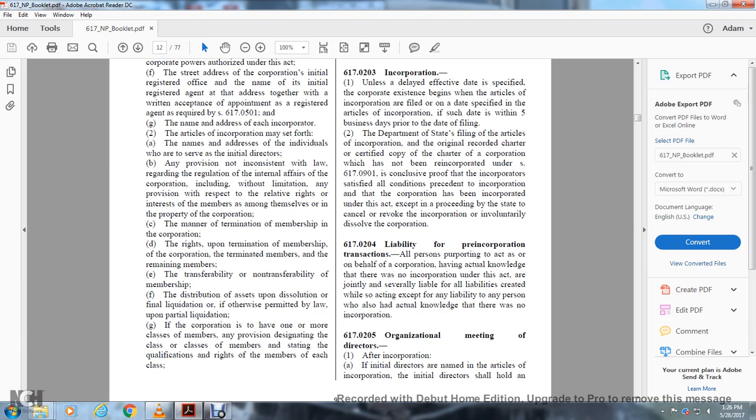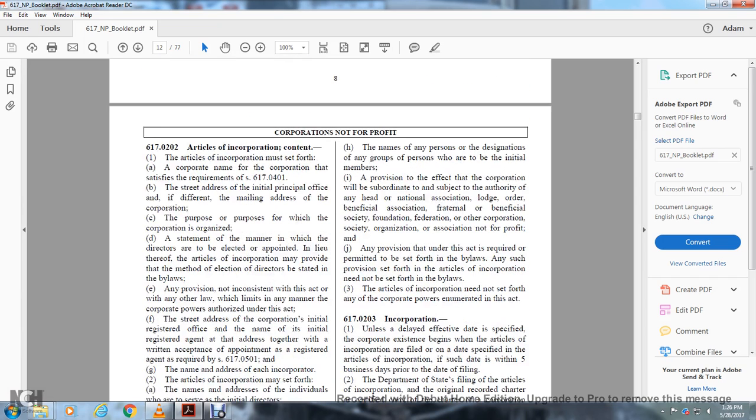If the corporation is to have one or more classes of members, the provision is designated for the class or classes of members, stating the qualifications and rights for the members of each class. The name of any person, or designation for the group of persons, who are initial members. A provision on the effect of the corporation being subordinate to the authority of any head national association, lodge order, beneficial association, fraternal benefit society, foundation, federation, or other corporation, association or